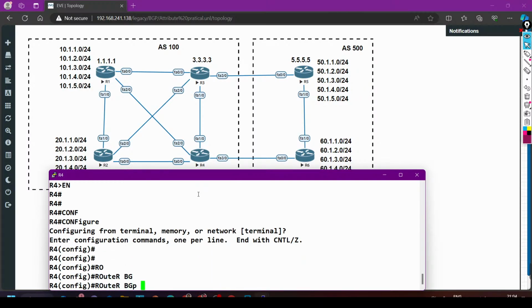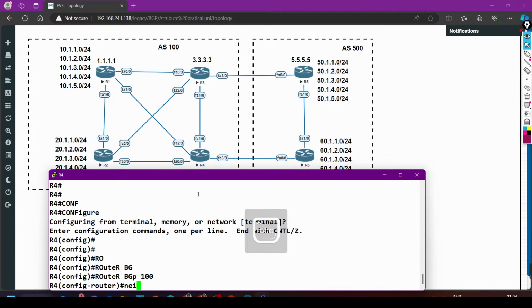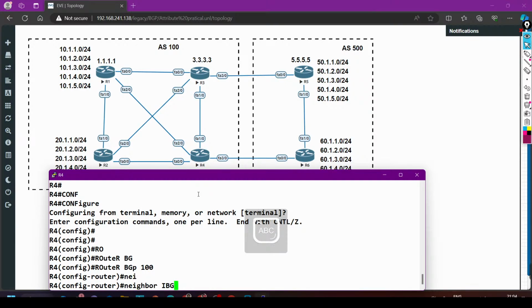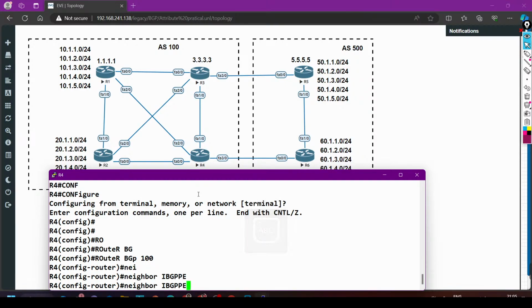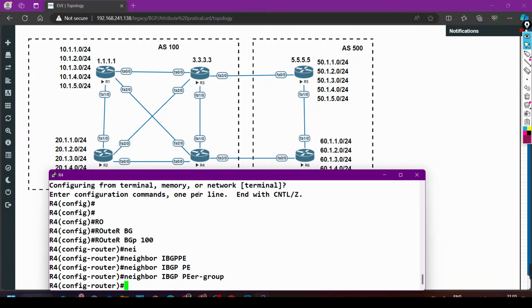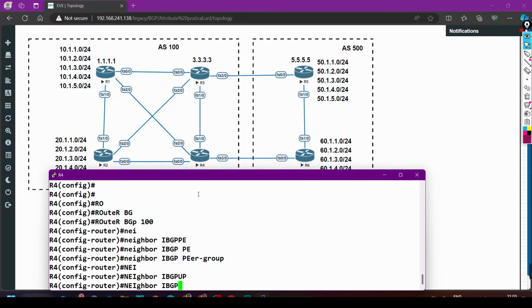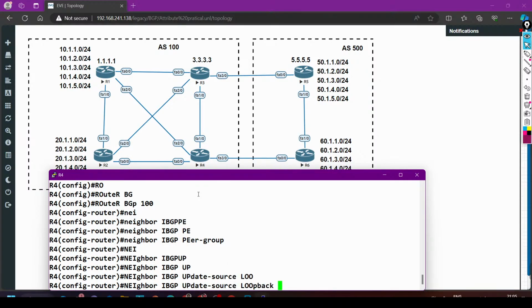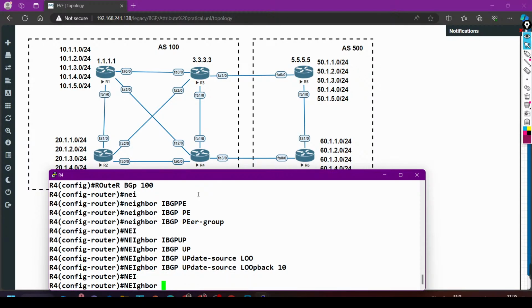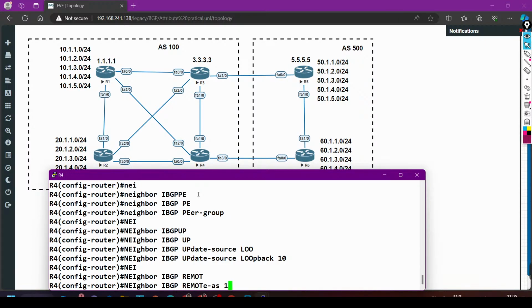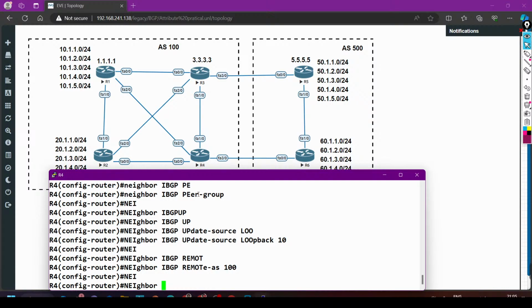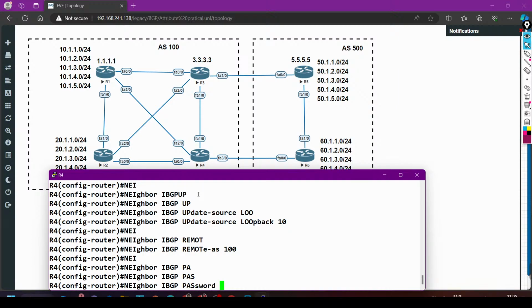Router BGP AS number 100, neighbor IBGP peer group, then neighbor IBGP update source loopback 10, neighbor IBGP remote AS 100, and neighbor IBGP password Cisco